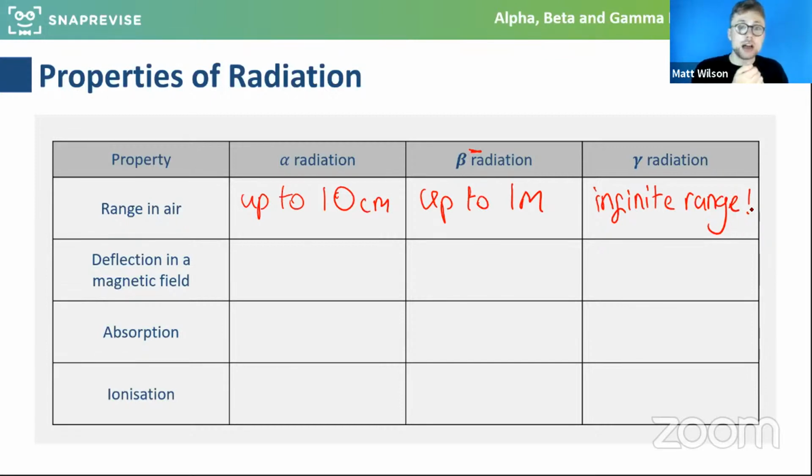In other words, does alpha radiation have a charge? It does have a charge. Absolutely right. Why does it have a charge? Well, it's made of 2 things: neutrons, which don't have any charge, but it's also made of protons. It's got 2 protons in it, and protons are positively charged. So it will be deflected